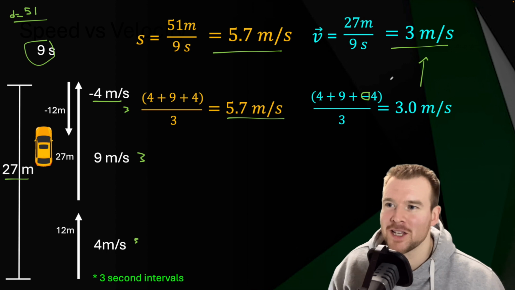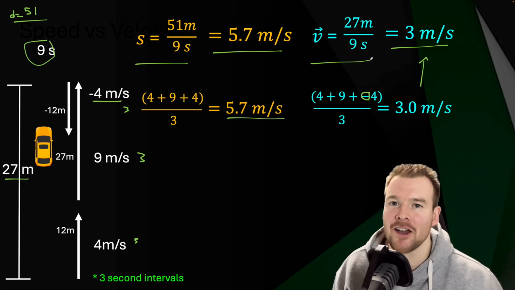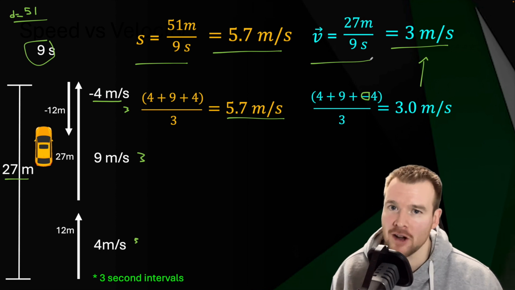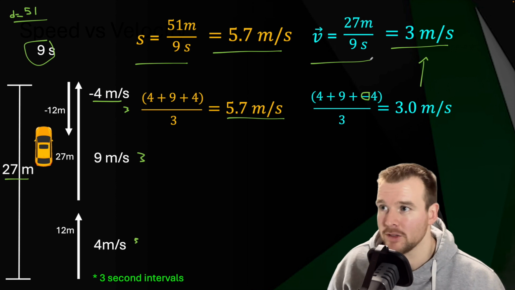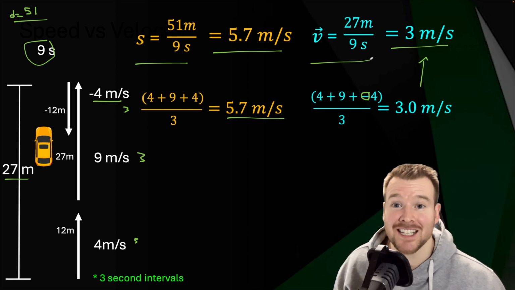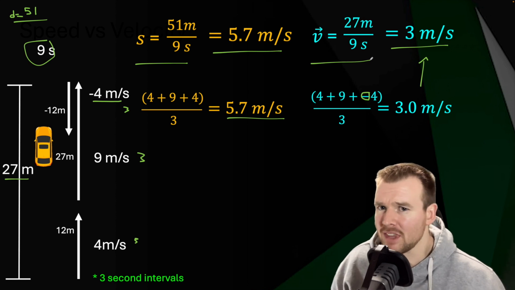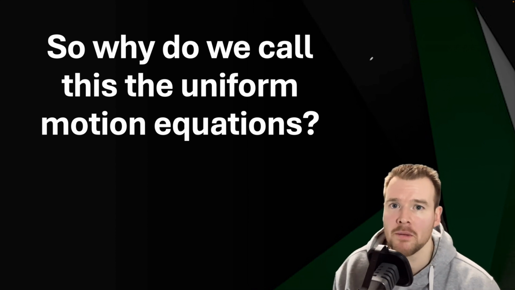So I'm hoping the main point of this video is to prove to you that these calculations are calculating your average speed and your average velocity, and probably should be on a formula sheet saying not just speed and velocity, but average speed and average velocity, as that's what they calculate. So if I'm saying that, why then does it often say on a formula sheet that these equations are our uniform motion